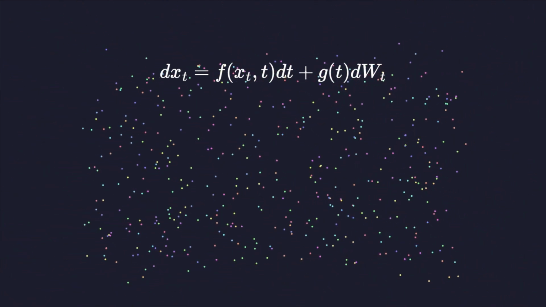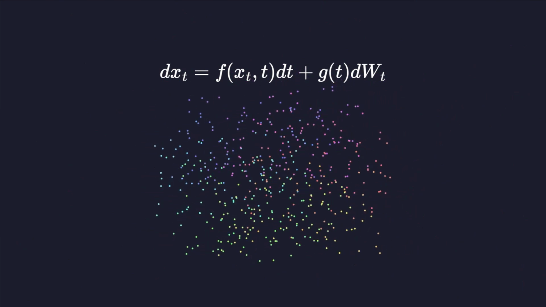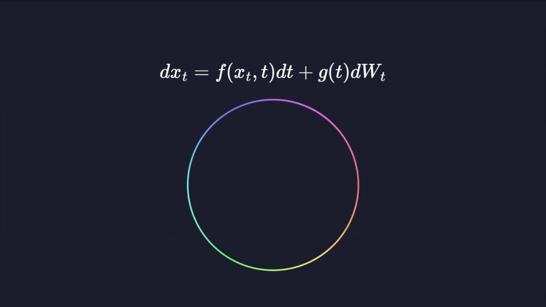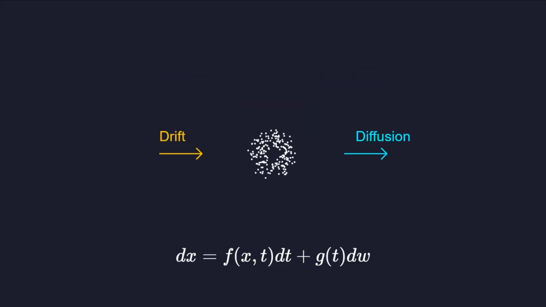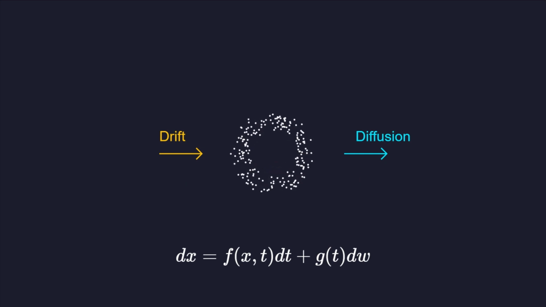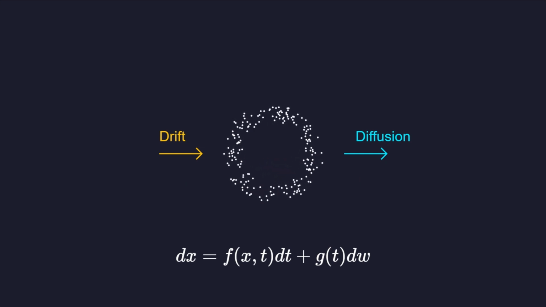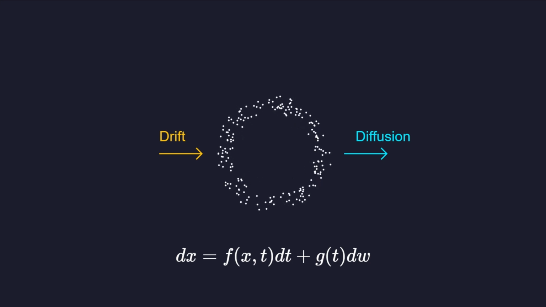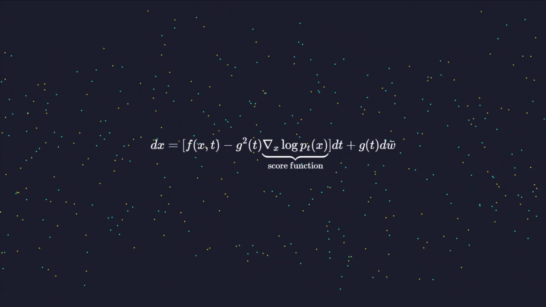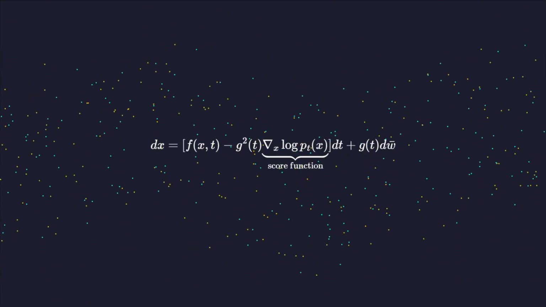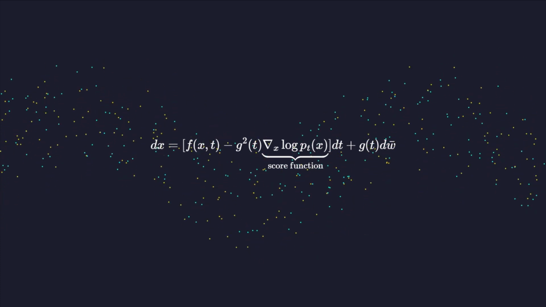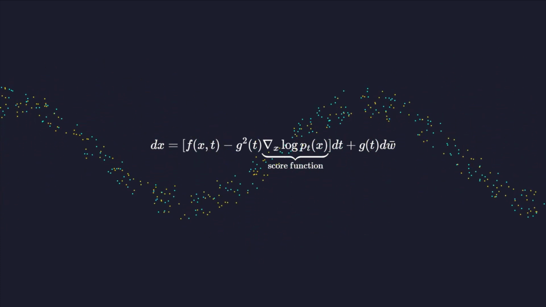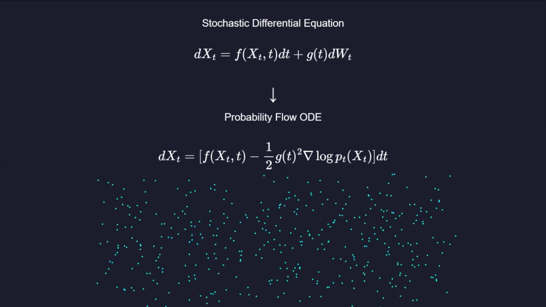In continuous time, diffusion is described by stochastic differential equations. This allows us to use sophisticated numerical solvers from physics and calculus to improve generation quality. The forward stochastic differential equation defines how a data point evolves into noise. It consists of a drift term, representing the decay, and a diffusion term, representing the noise. The reverse time stochastic differential equation provides the formula for reconstructing the signal. It relies on the score function to counteract the drift and noise of the forward process.